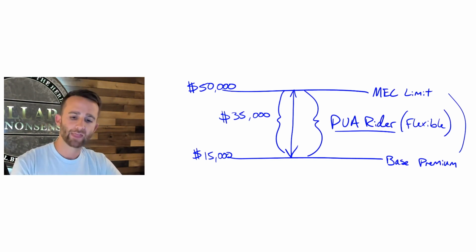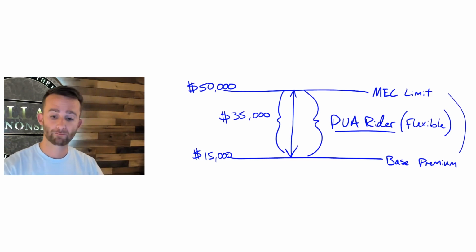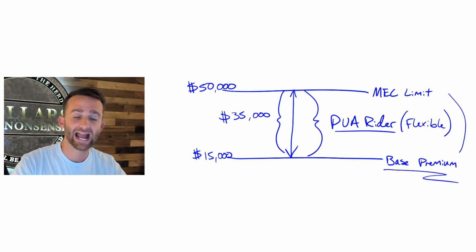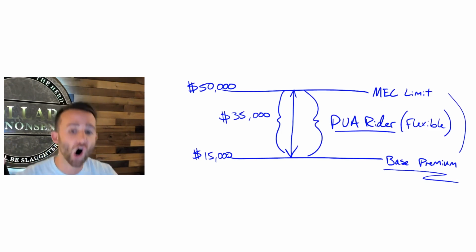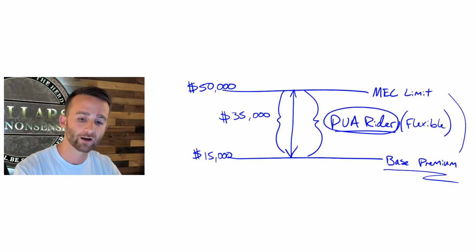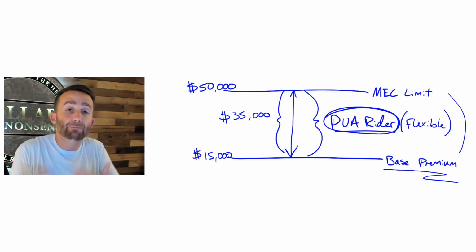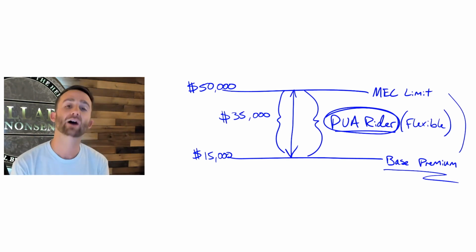And so what we mean by that is the PUA rider is essentially the cash boosting piece of the policy. In the early years, typically year 1 and year 2, the base premium really does not build much cash value at all. All of the cash value that's available for you to use is coming from the paid-up addition rider contributions that you make. And so it's very important when you're launching a policy to try to max out the policy, or at least be able to contribute a decent amount of paid-up addition rider premium, because that's what's boosting